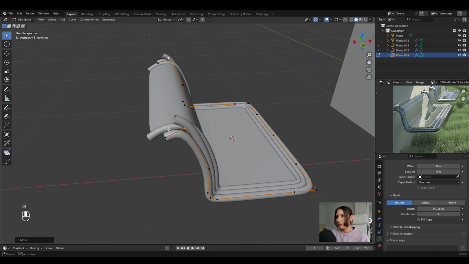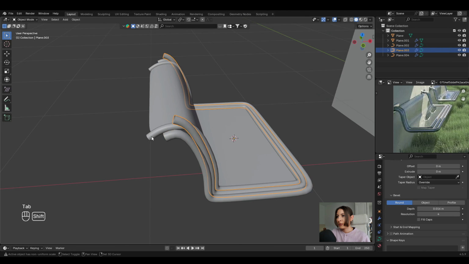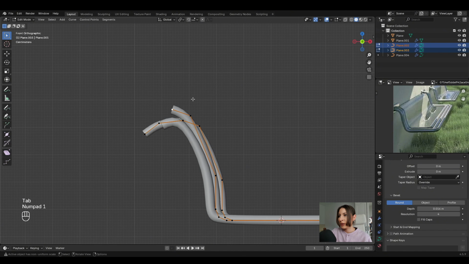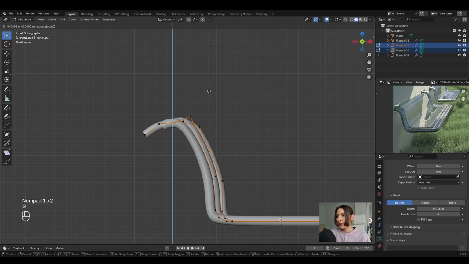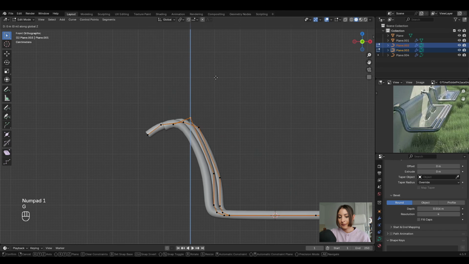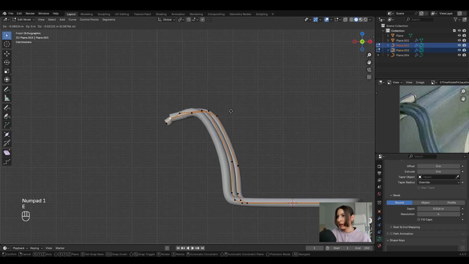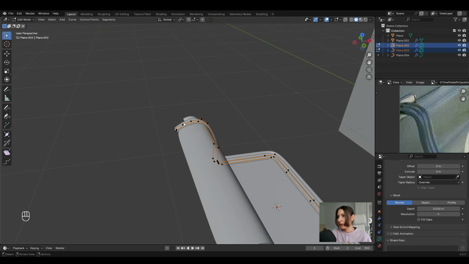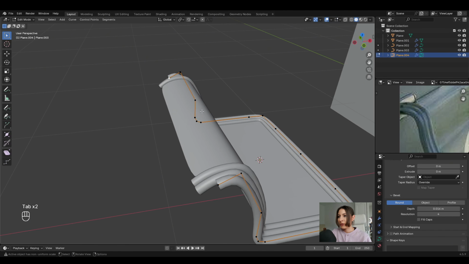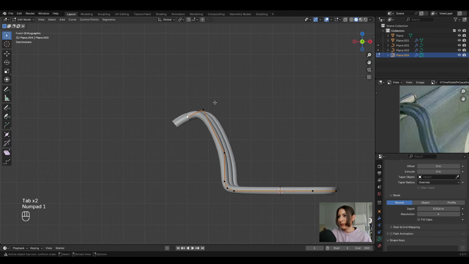So like this. And the other ones, so we can select both, go to edit mode, and we can select these ones first and move them down, and also here. So let's go to 1 and extrude them like so. Maybe also these ones here, just so that it looks better when we bring it to the walls,